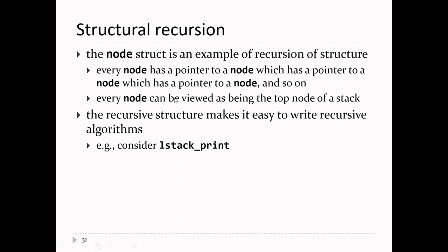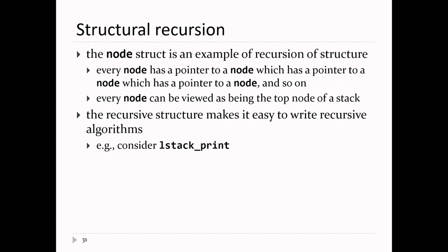Furthermore, every node in a stack can be viewed as the top of another stack. So our top of the stack is here. That node represents the top of the stack of size 3. But that second node here, that's the top of a stack of size 2. It's still a stack, it has 2 elements in it. That node there, that's the top of a stack of size 1. And so because the structure of our stack is recursive,